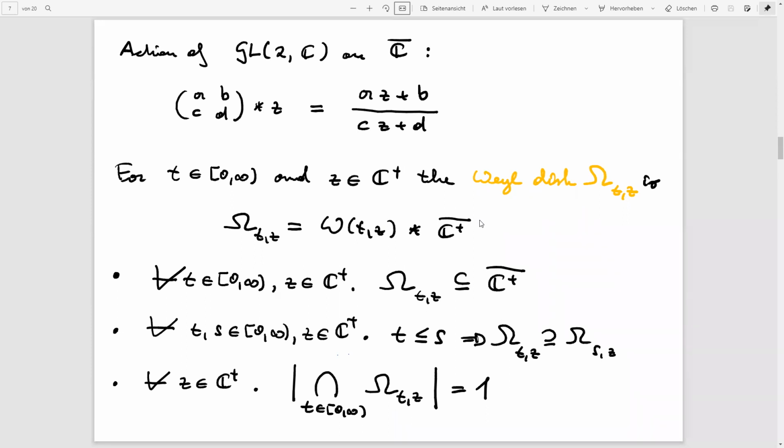And these disks have very important properties. Namely, first, they are all contained in the closed upper half plane. The reason for this is that our Hamiltonian is positive semi-definite. Then they are nested: if time increases, the disks decrease. The reason for this is that fundamental solutions are multiplicative, and again, our Hamiltonian is positive semi-definite. And the third property,